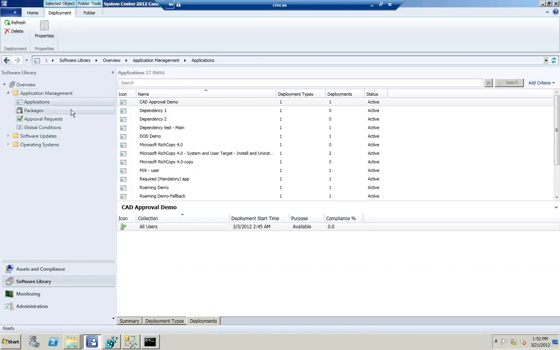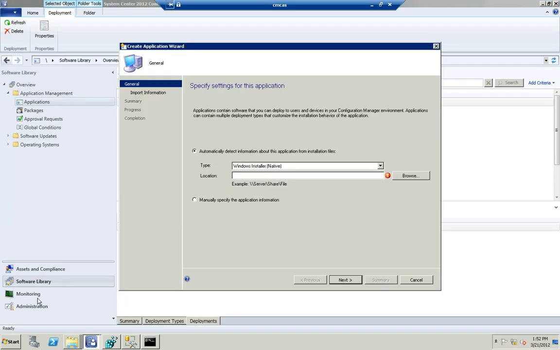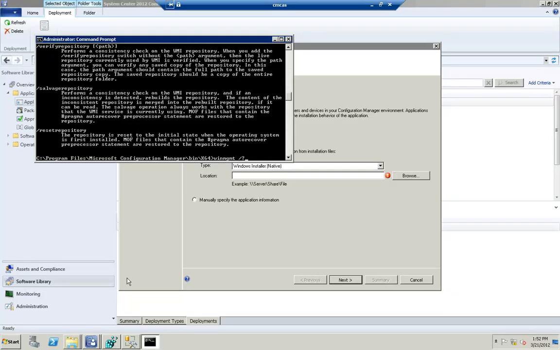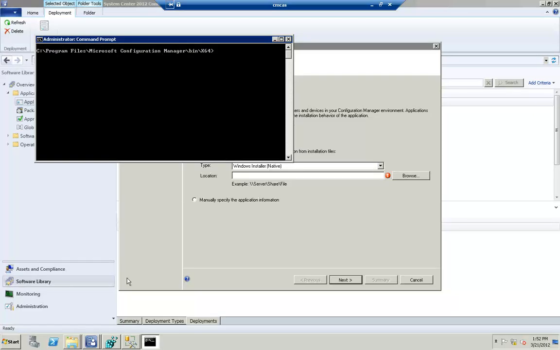And to do this, I'm just going to build a very simple application and deployment type and stop there for now. So to set the stage for this, I'm going to actually stop a few components. All right, let me get rid of that from the screen. So I'm going to stop a few components. So specifically, one component that we are already familiar with from the previous discussion is Distribution Manager. So I'm going to rename Distribution Manager